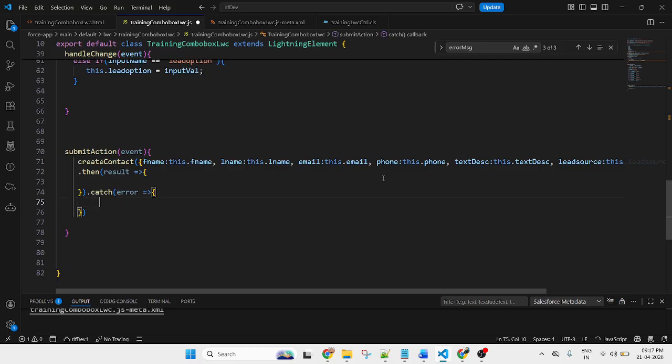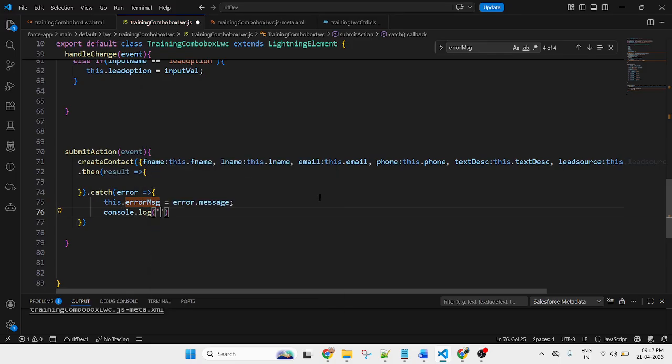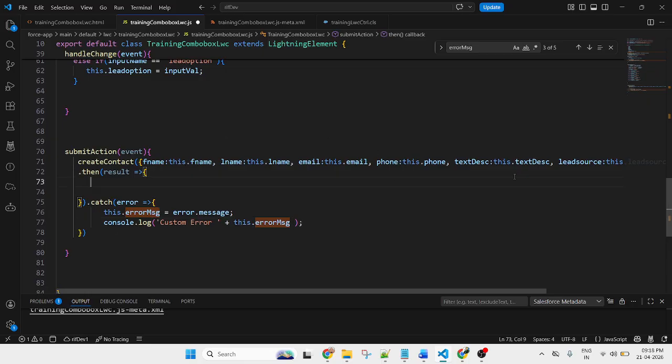Here, this dot error equals this one, error message dot log. Custom error equals, pass this variable, and here result I will